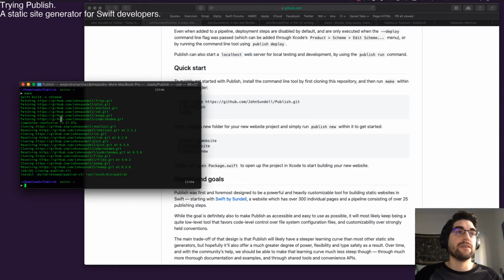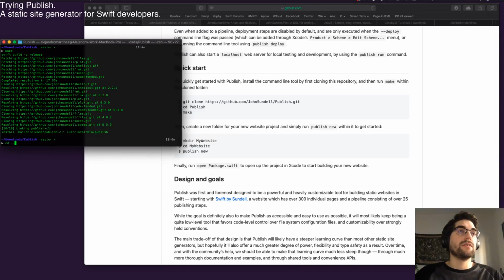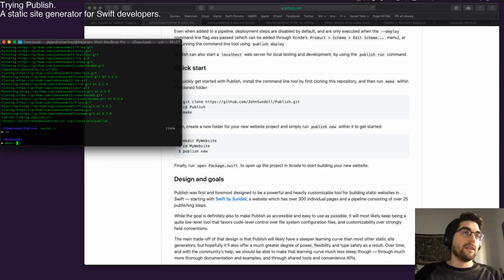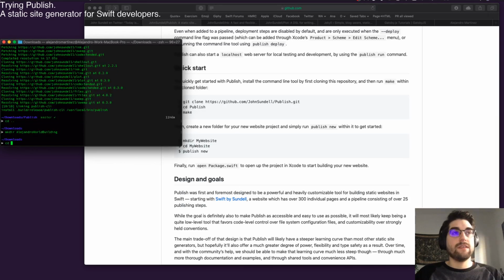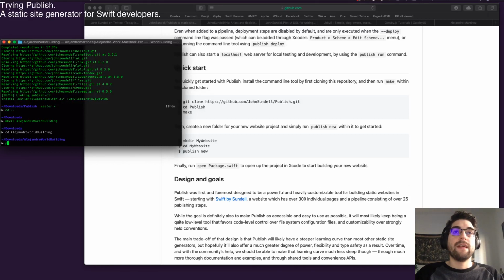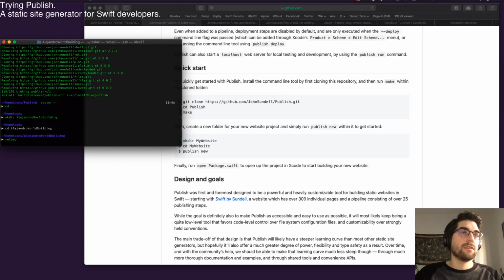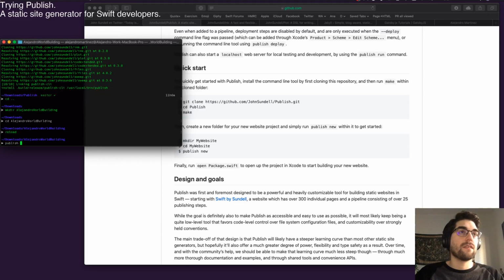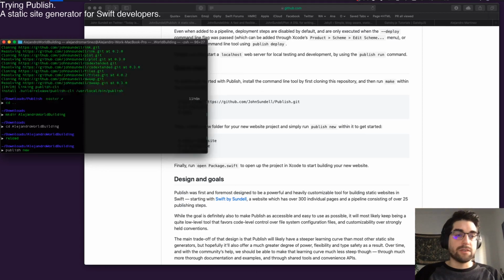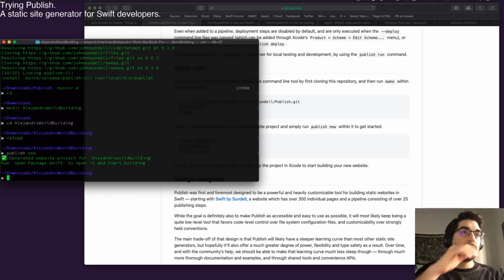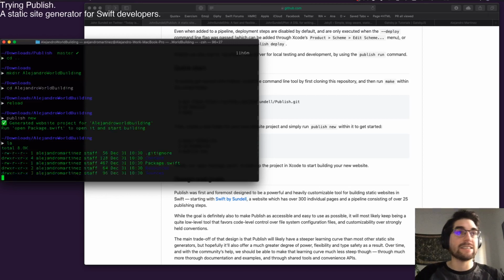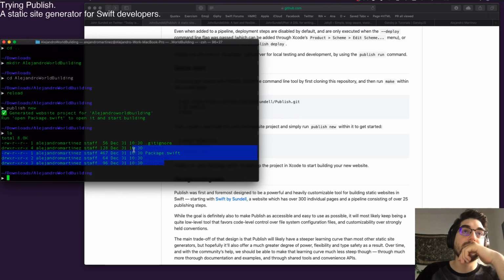So, quick start, there we go. If I go up one level, let's call it, I don't know, Alejandro World Building, and then we go inside. Maybe I have to reload this. There you go. I'm not sure if you are seeing this, by the way. Publish new, bam. And as you can see, the only thing that it does is it creates the folder structure,